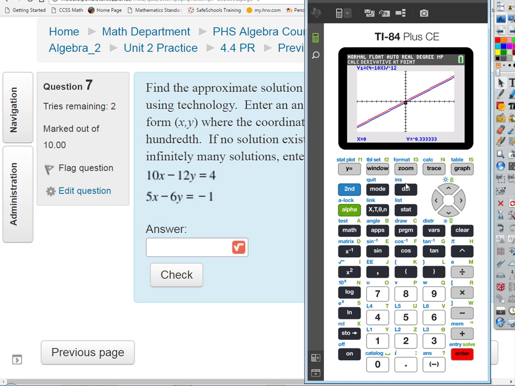0.8333 repeating. Okay, so now we'll just repeat. Actually, I think if I go up, no, I have to do it again. So I go second calc, I go back to slope, and this time I'm going to use the up or the down arrow to go to the second line, which is y2. Notice it says y2 up here, and I hit enter, and notice it tells me that the slope, which remember is dy/dx, the way we say that in calculus, but that means slope, is 0.83333 repeating, same as